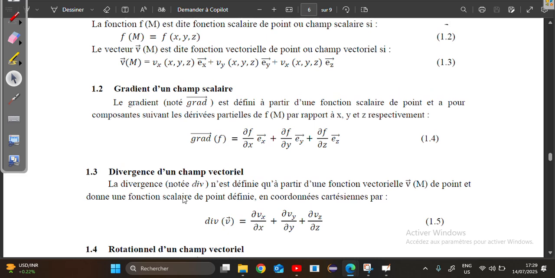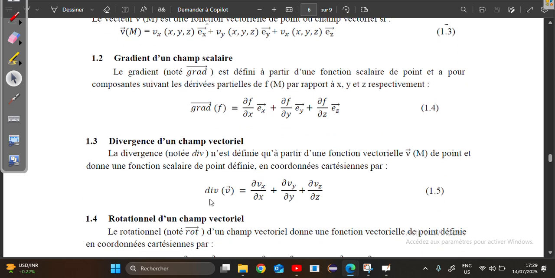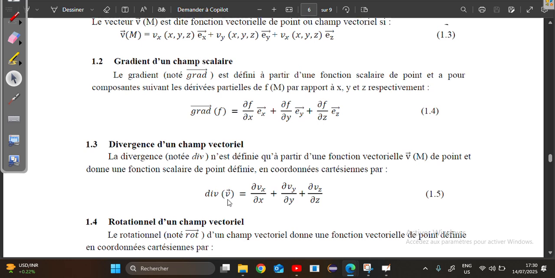Then we have another mathematical tool called the divergence. Divergence is a mathematical tool that converts a vector. As you can see, this is a vector v with an arrow. It converts this vector into a scalar. As you can see, the overall expression doesn't have an arrow. So the divergence does the opposite of the gradient. Okay, so you are going to find a lot of gradient,